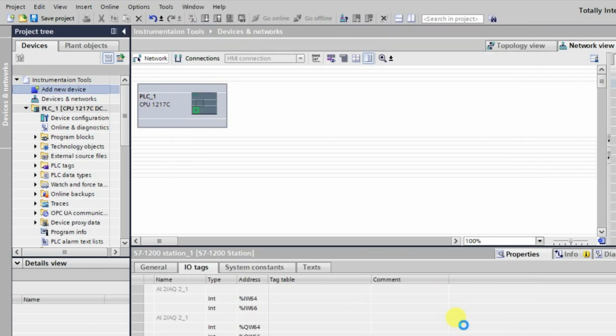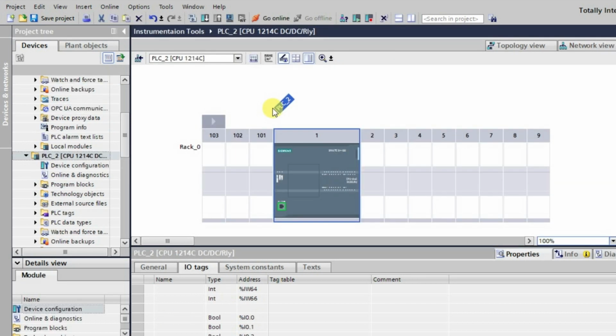Just click OK, and that CPU will also be available here. This CPU also supports some more IO modules, which we can connect here.